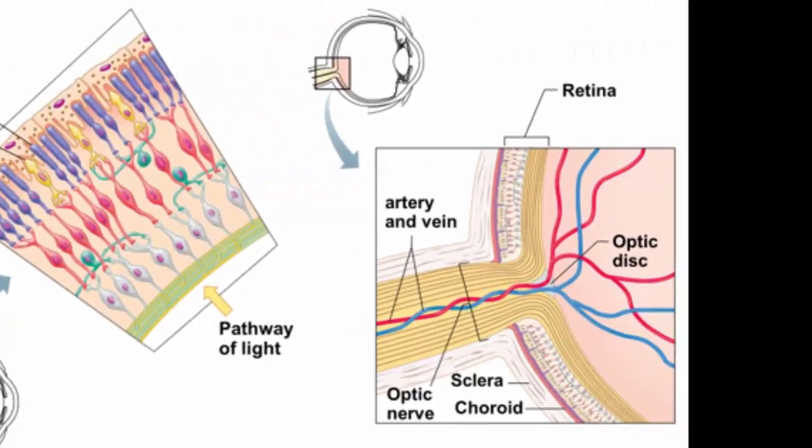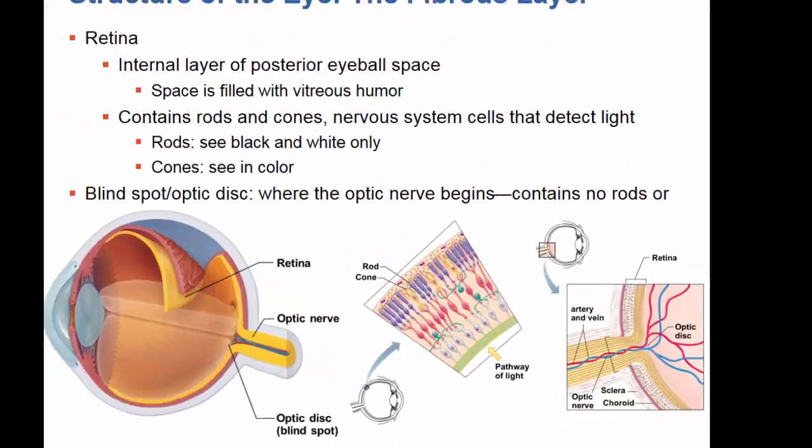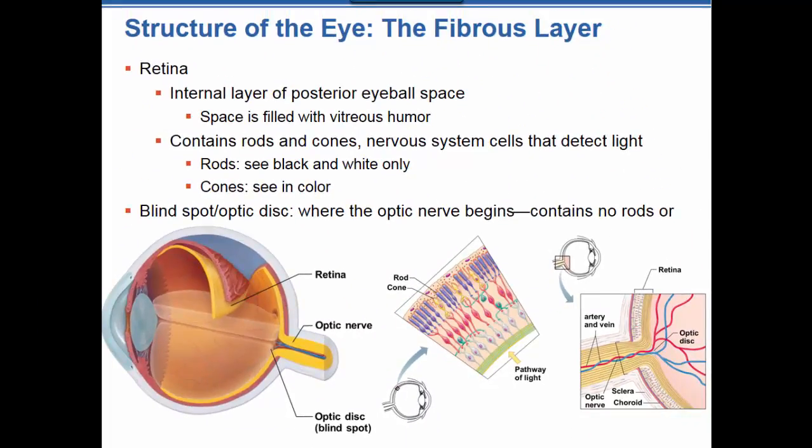Now, along the retina you're going to find an area called the blind spot, also known as the optic disc. And this is an area along the retina where you don't actually find any retina. This is where the optic nerve begins. And the optic nerve contains the axons of neuron cells that are transmitting the visual signal from the retina towards your brain. And because the optic nerve contains these axons of neurons, it doesn't actually contain any rods or cones,